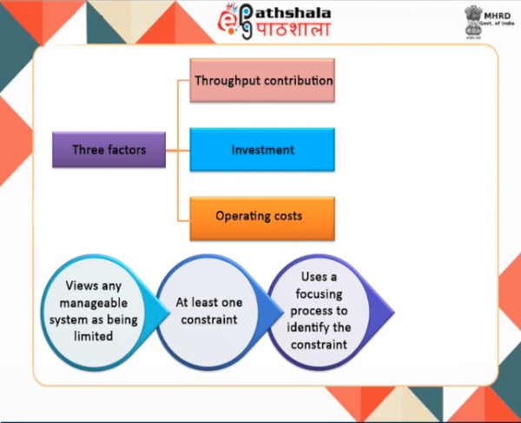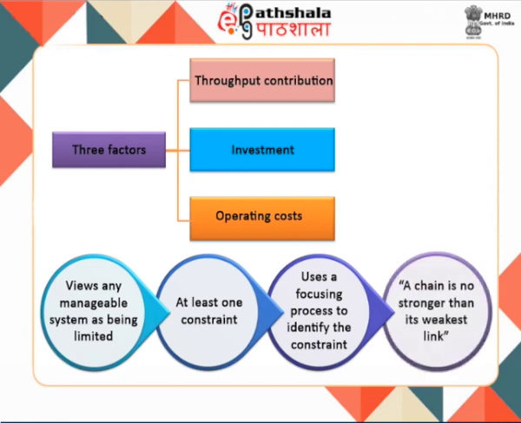TOC adopts the common idiom, a chain is no stronger than its weakest link. This means that processes, organizations, etc. are vulnerable because the weakest person or part can always damage or break them, or at least adversely affect that